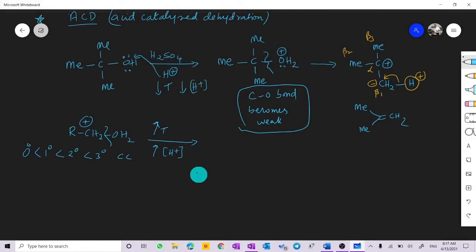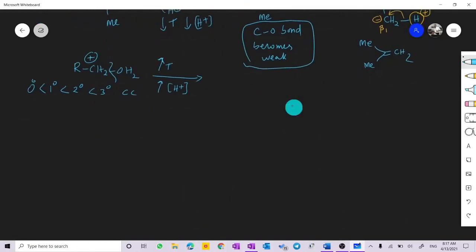So this is the next feature that you need to remember. Around 350 or 360 Kelvin itself, the reaction will take place in the case of a tertiary alcohol. Okay, so that is the next point regarding elimination. The next point is the reactivity order, and how it depends on the stability of the carbocation. I'll just summarize the reactivity stabilized through various effects.